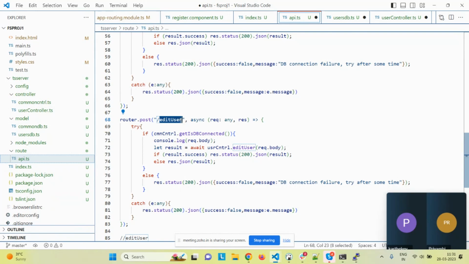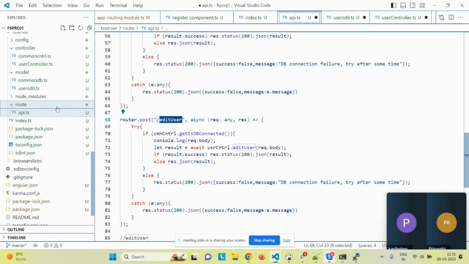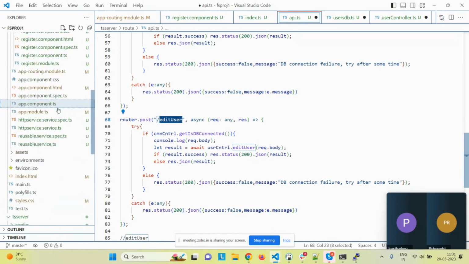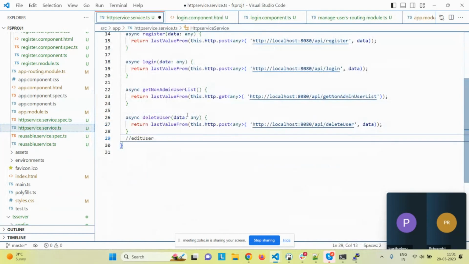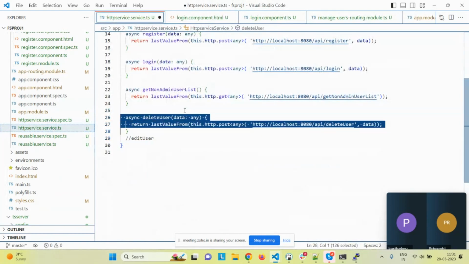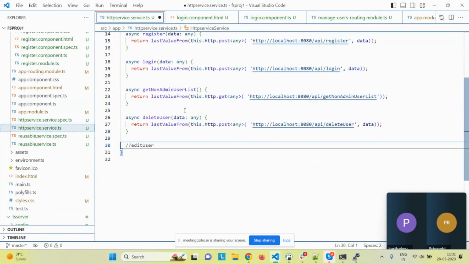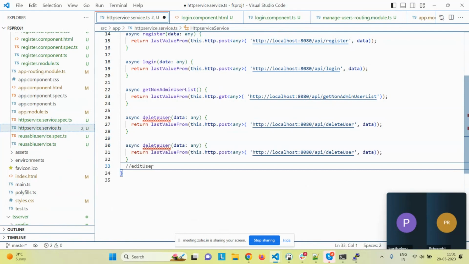Now I have to come to the front end. First is the HTTP service. That is where the routing takes place. So come to the HTTP service and create edit user. It is also a post method. So copy the post method, edit user,